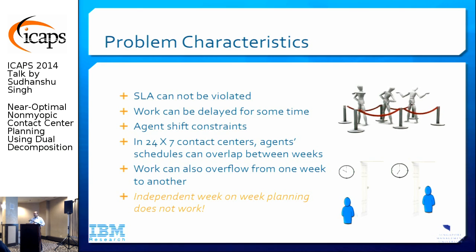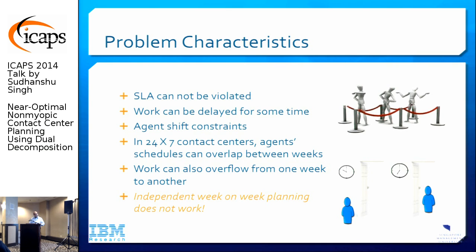Then there are several business constraints like agent shift constraints. So you have several shift rules like an agent can work 5 days in a week. All the 5 days have to be consecutive. So you don't want a shift like Monday, Tuesday, Wednesday, then Thursday off, then Friday, Saturday, then Sunday off. Then they have to start working at the same time every day. Then the number of hours they work every day. So all those constraints are there. And then if your contact center operations are 24/7, then like I showed in the previous animation, people are overlapping from one day to another. And that also holds true at the weekends.